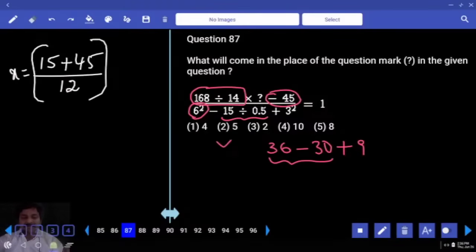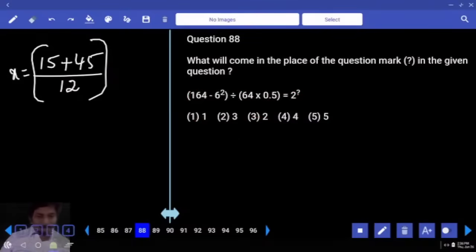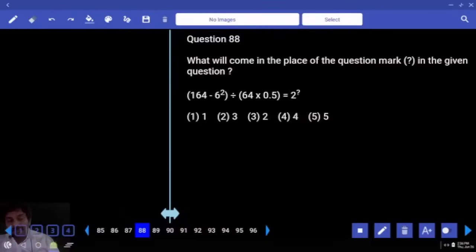By 12, second option. Done? 6 square, 36 subtracted from 168. 128 divided by